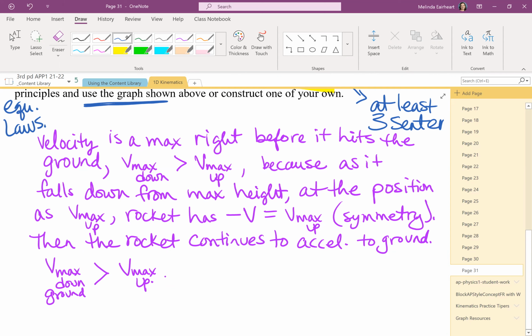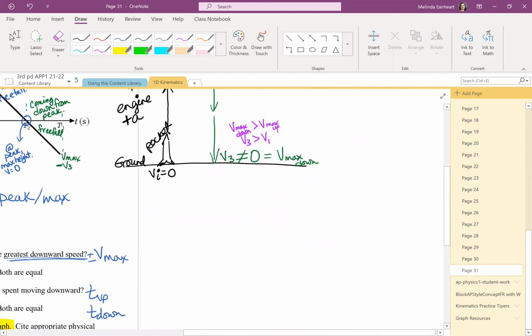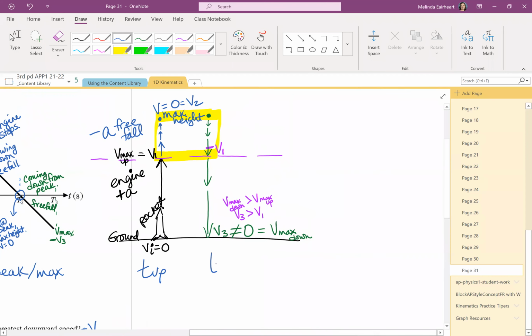Now for time. Here's where, if you look at the rubric, they're going to start talking about bases of triangles. And I say, wait a second, you said it wasn't drawn to scale. And if it's not drawn to scale, you can't do that. So let's come up with another way. Let's use our equations. They didn't really tell us about the acceleration of the engine compared to that of gravity. So I want to try not to get into acceleration terms, but look at time up as it compares to